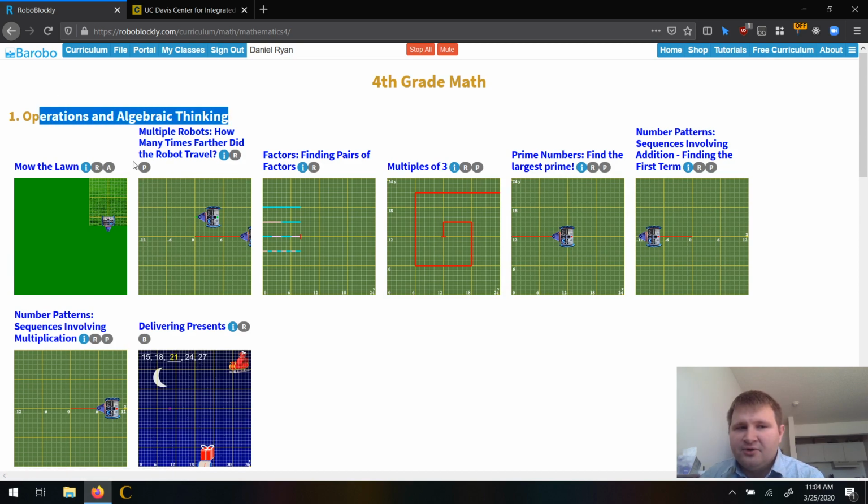We start out in 4th grade with operations and algebraic thinking, looking through different activities like finding pairs of factors, or working with multiples of 3, or finding prime numbers or the largest prime in a set. And there's all kinds of interaction to these activities, so that it's not just working with the numbers. We're giving visual representation, we're giving real critical thinking behind identifying what these concepts actually mean, which is huge for